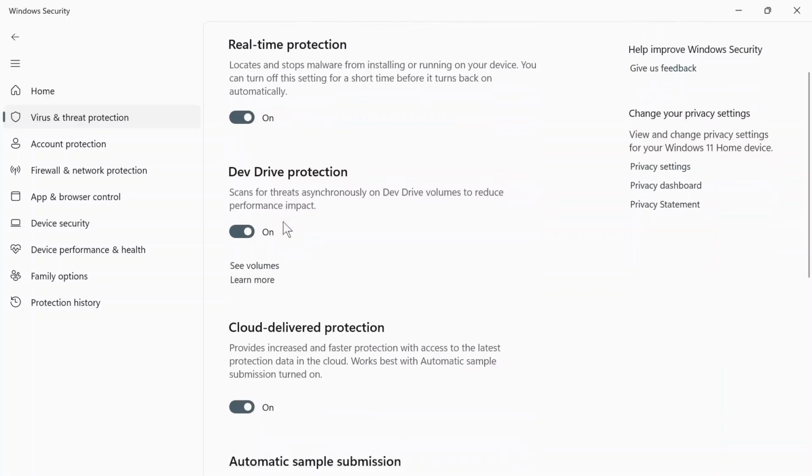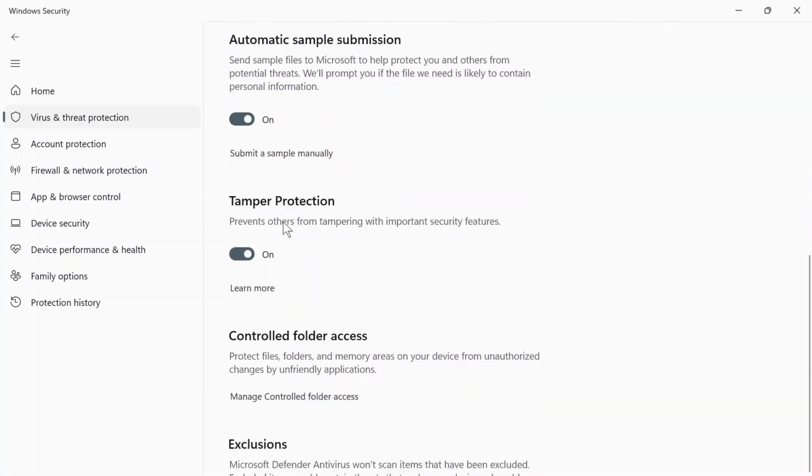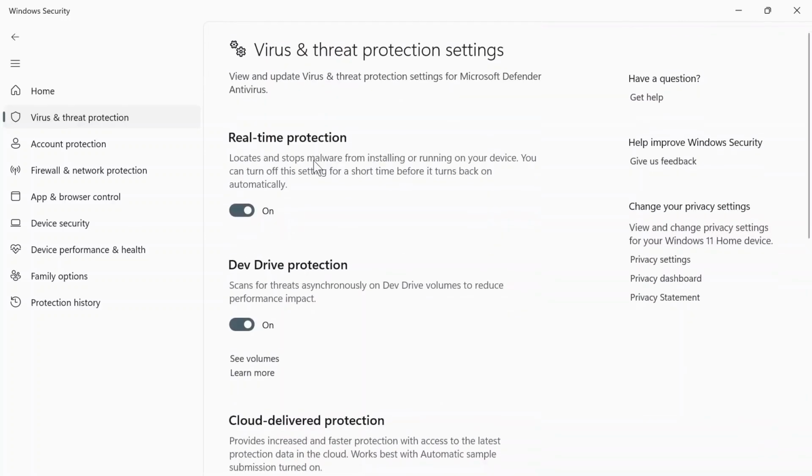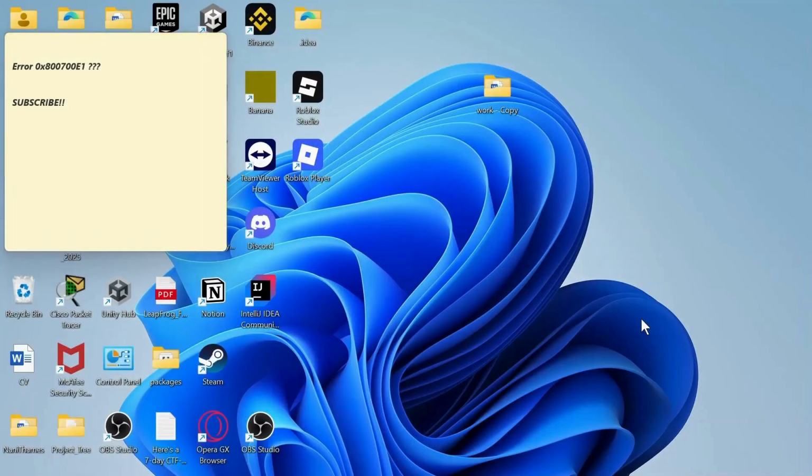So after you turn this off, and you can simply turn off other of your security as well, which I don't recommend you guys do, but if you do need the files, you can do that and you can go ahead with the file transfer, and that's how you fix the error